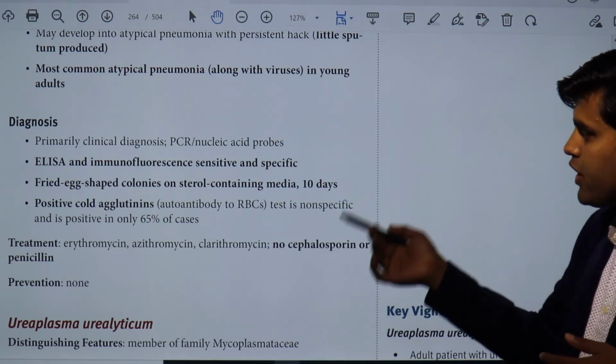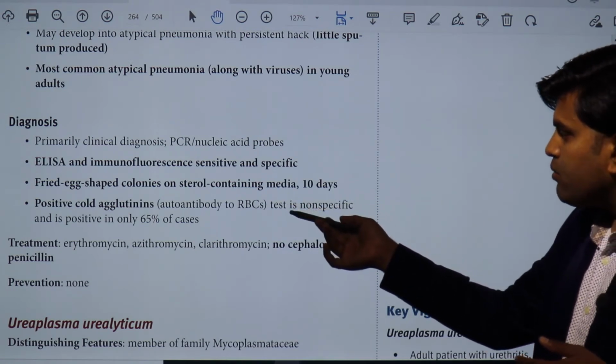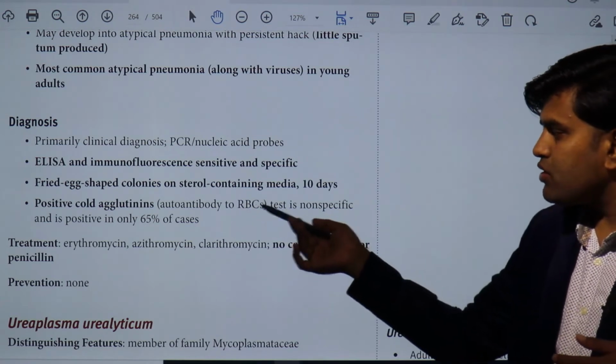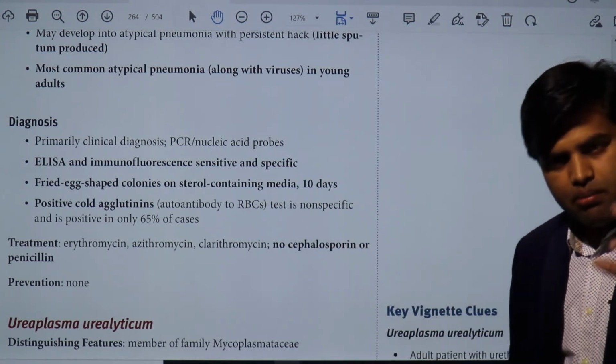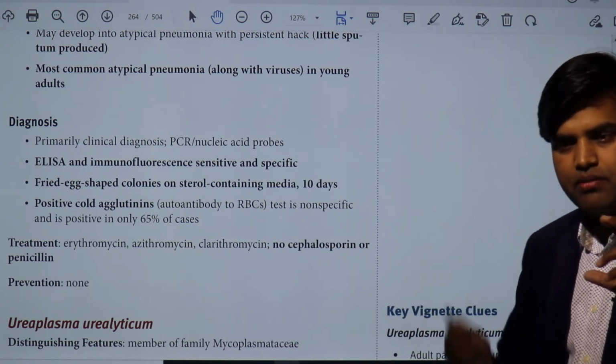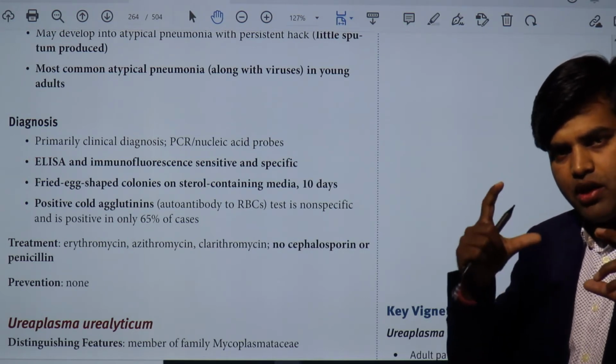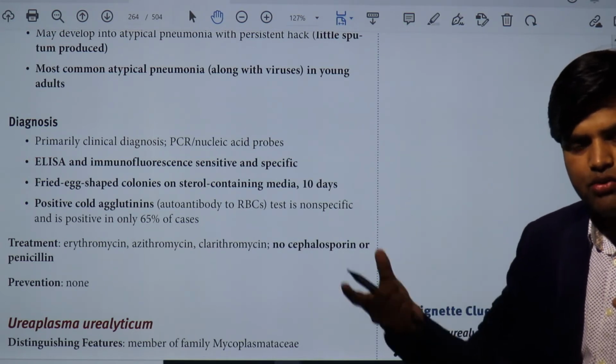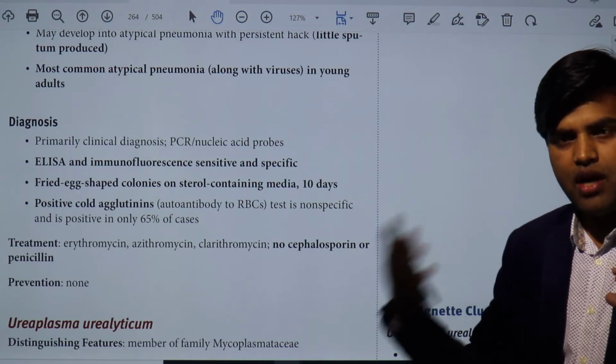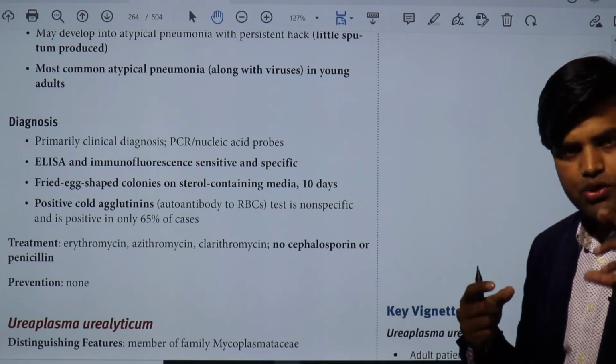There will be a positive cold agglutination test. I have told you about this. The antibody-to-RBC test is non-specific and positive only in 65% of cases, but it is a simple test. You draw blood from a patient, put it into a blood collecting tube or vial, then put that vial into the refrigerator at 4 degrees Celsius, and after a few minutes, if you take it out and observe,